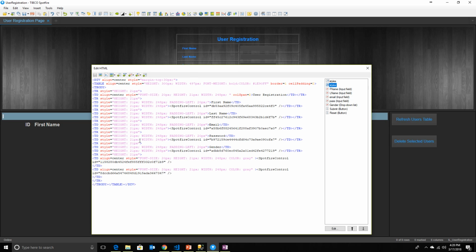The reason we are calling it inside the JavaScript is because these styles have to be assigned to this ID, right? How will the styles be achieved? The styles can be achieved based on CSS. There is a style element which you can use within this text editor for specific CSS. You need to enable the Spotfire